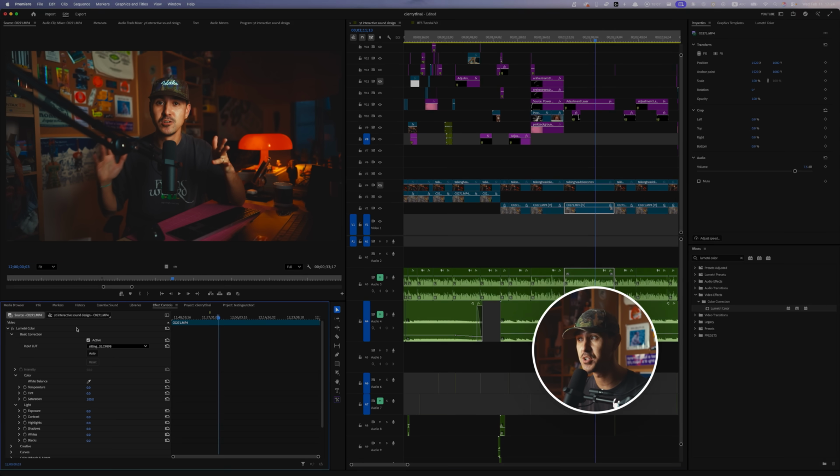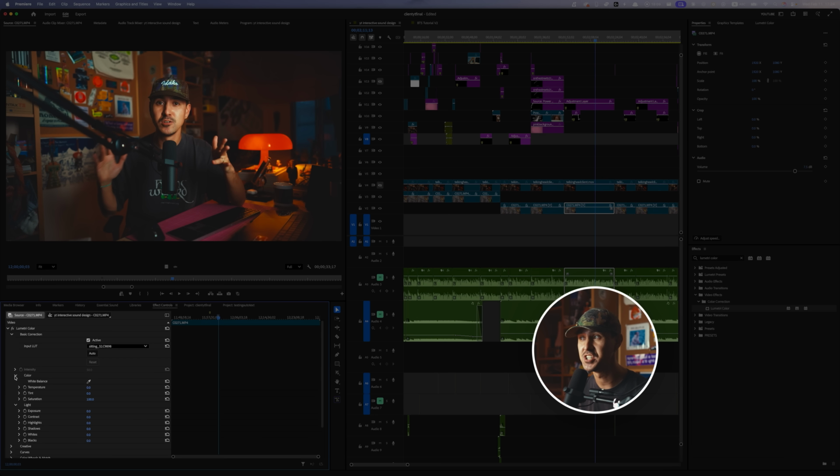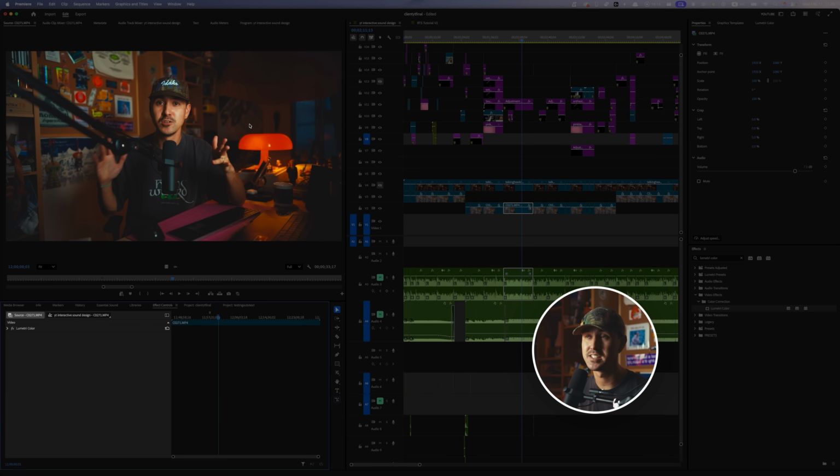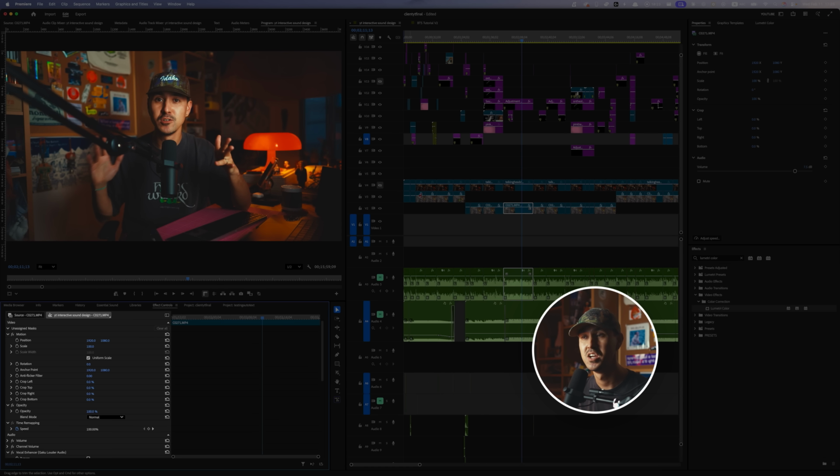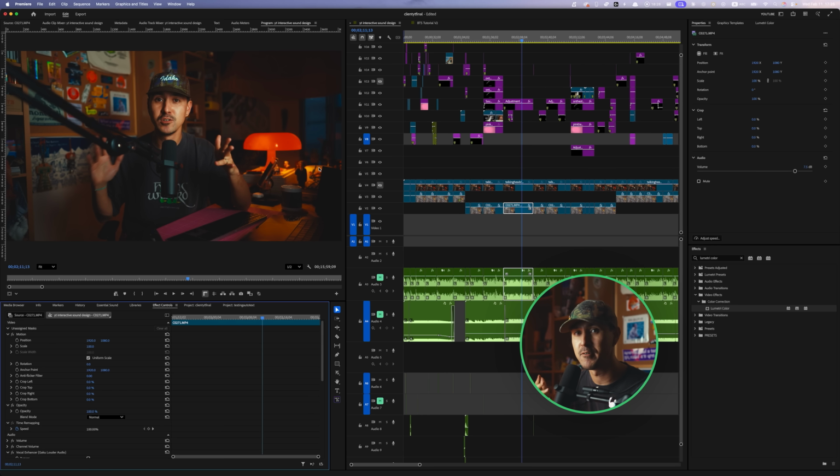If you want to change this anytime, you can go in and change the actual source clip adjustments here. But let's say you want to add a LUT to the same clip so that it shows up every single time in a video. It's really easy to do here. You could add different effects, Gaussian blurs, any amount of effects to a single source clip and it'll show up across your entire timeline,